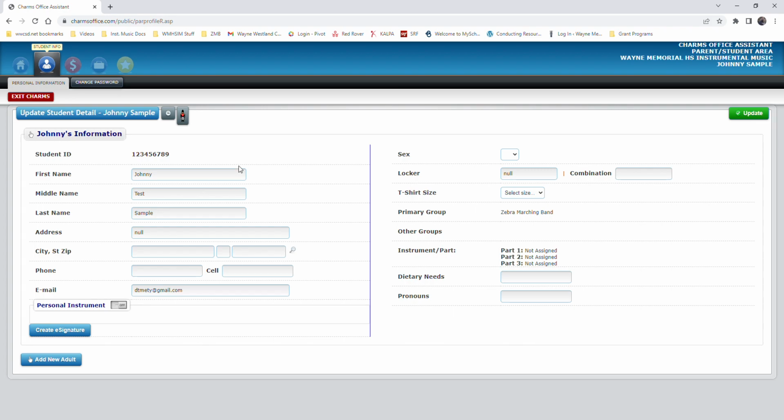So one, verify that the student ID is correct, because it's very important for a number of reasons. For example, when we take attendance in the future, that's one of the ways we'll do it. We are able to scan the student's school ID, the barcode on it, so it has to match up. So make sure that it is your Wayne Westland Community Schools issued student ID number. Beyond that, first name, middle name, last name, your address, email address especially, please make sure that's accurate so you'll